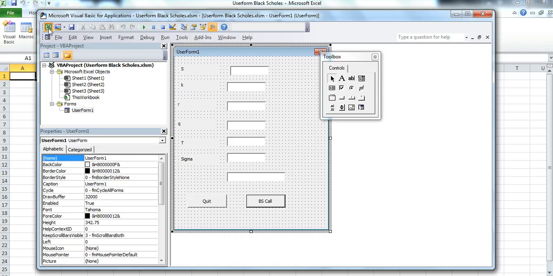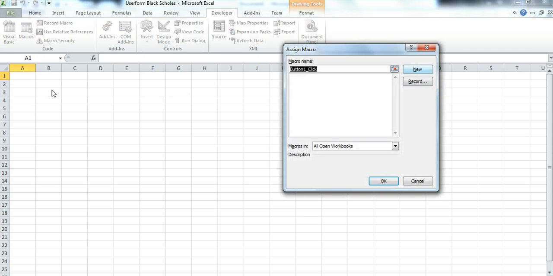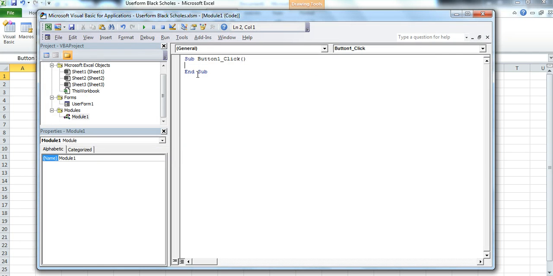Go into the worksheet, we put a function button in or a command button, we'll record a new macro. The macro will say UserForm1.Show and return. Back into the user form